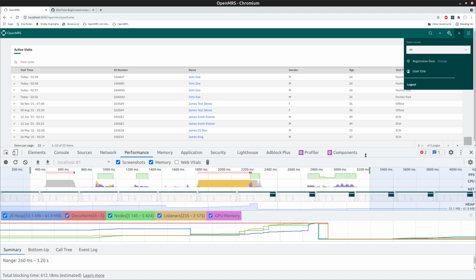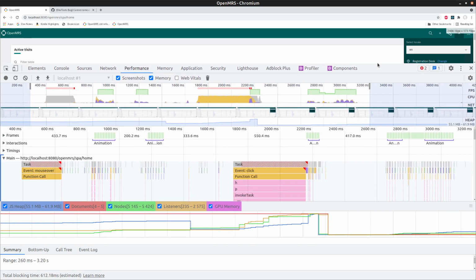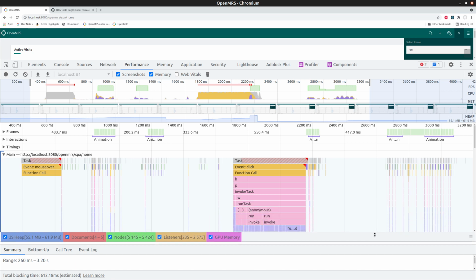And it's going to give us a lot of little graphs. These are intimidating at first, but you'll start to make more sense of them. There's this graph, which can help highlight performance issues with too many nodes or listeners or other things being created. We're not going to look at that for now,